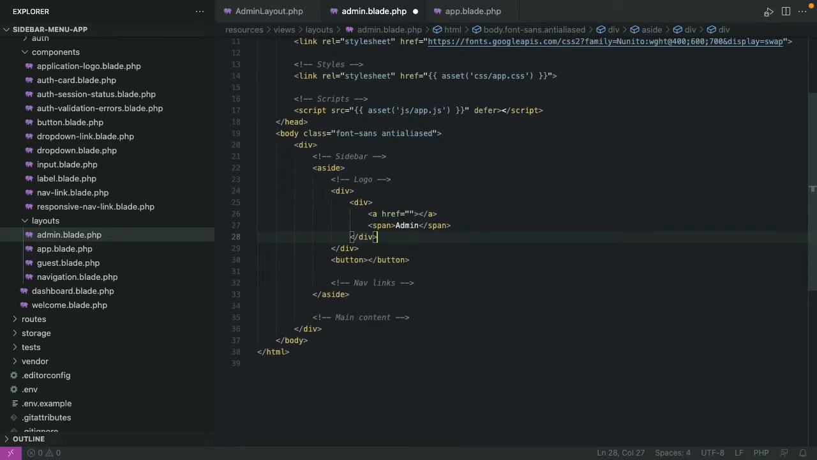And now that I think about it, this button needs to be inside this div, right below this div. So the logo will be a div, and inside this div we have another div to actually show the name and logo of the application, and below it we'll have a button to close the sidebar when it's open. So from top to bottom, let's work on this